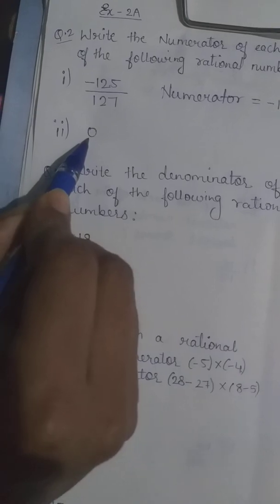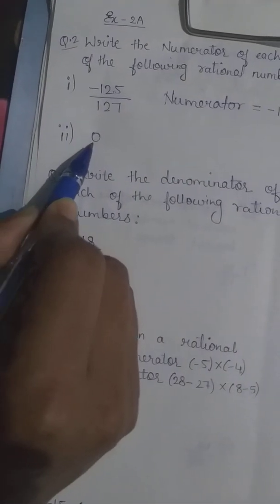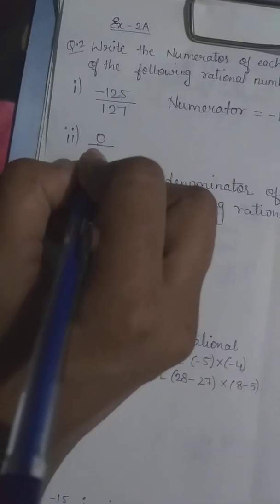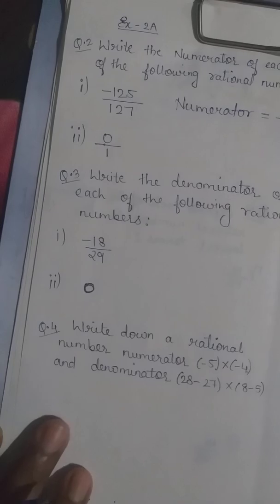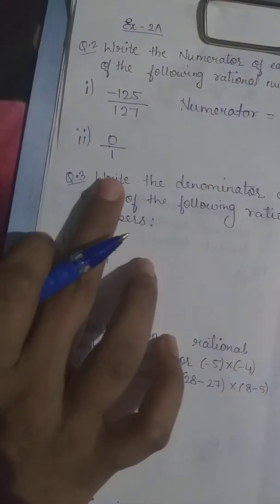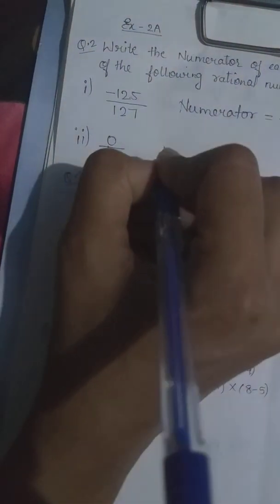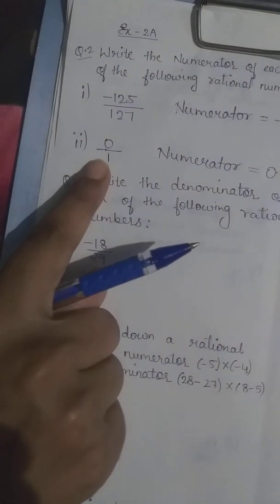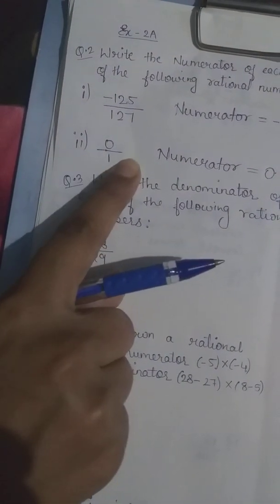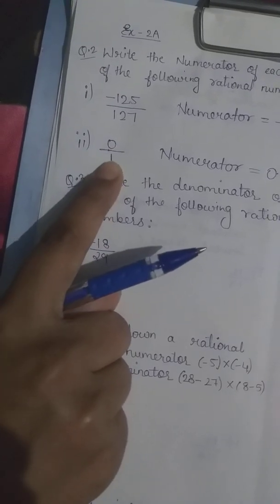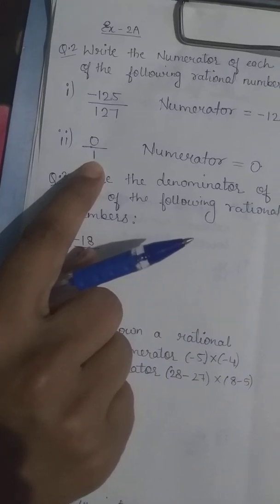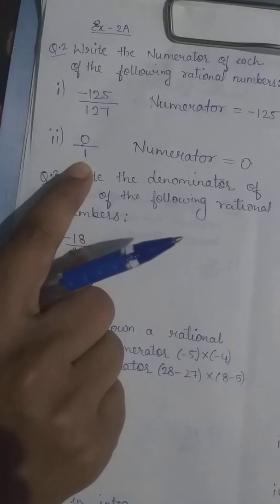And here there is no denominator. I can see only a single number, 0. 0 is an integer. But what should be the denominator of this? When there is no number in the denominator, we put 1. So 0 by 1. So in this, what is the numerator? Numerator is equal to 0. Hope you understand. There was no denominator, so when there is no denominator, we write the number 1. So 1 zero is 0, nothing changes. When there is no denominator, we put the number 1.